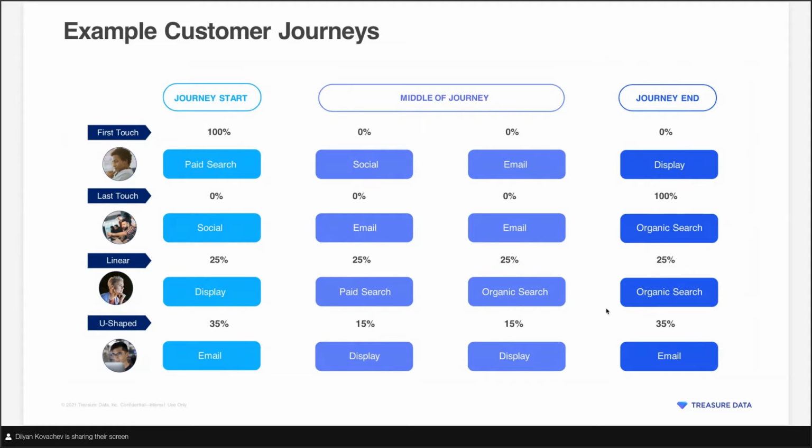Last touch in the second journey, the way it's set up is maybe they first clicked on a social media, then they opened some emails, but before they purchased, they did a quick search for the product, and then they purchased. Again, search would get all the credit. And linear, as you can see, all of them would get equal credit. U-shaped, email and the last touch will get more of the credit, and the middle will get even.